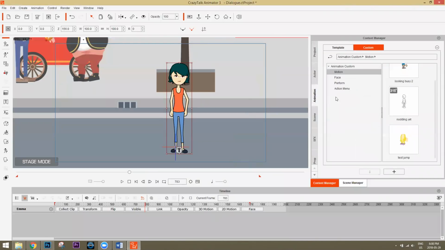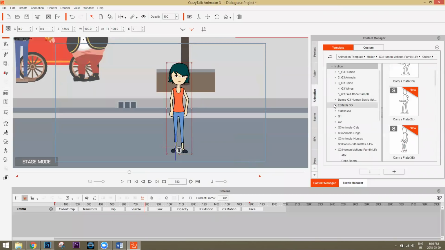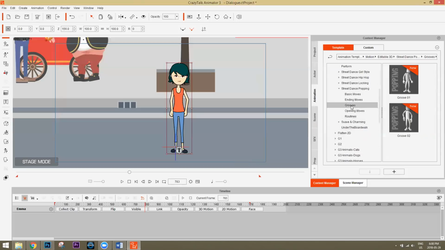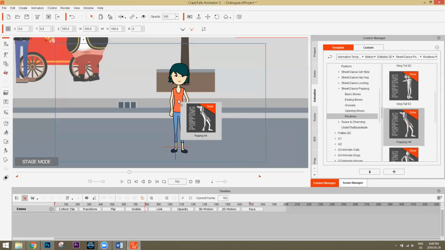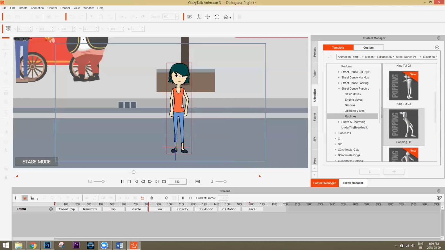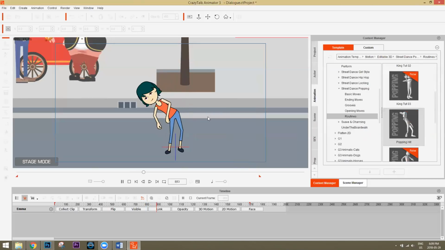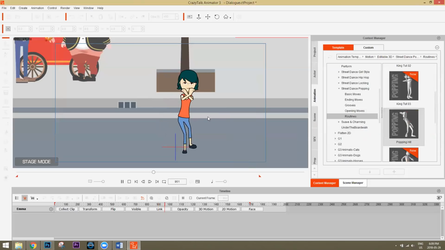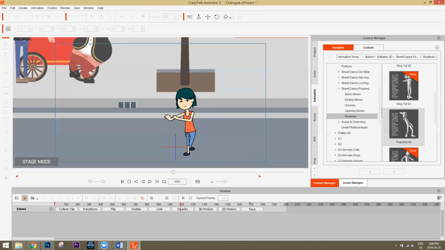But you can also go over here to animation, and there are editable 3D motions. I believe these ones, I'm not sure if they come default, probably not. But there's stuff like dances. You can do a dance groove, or some kind of dance motion like this one here. And this is an iClone motion. You can see she'll rotate to the side, and actually go off into the distance as well.